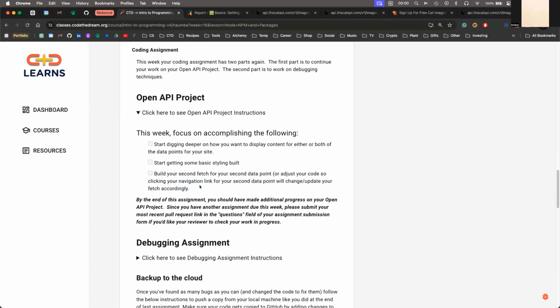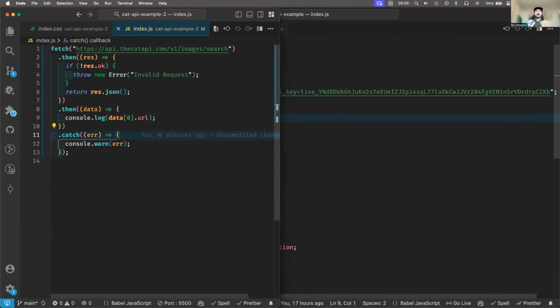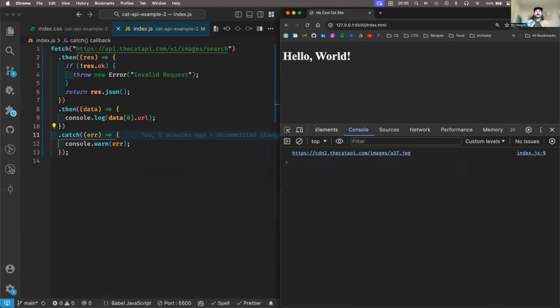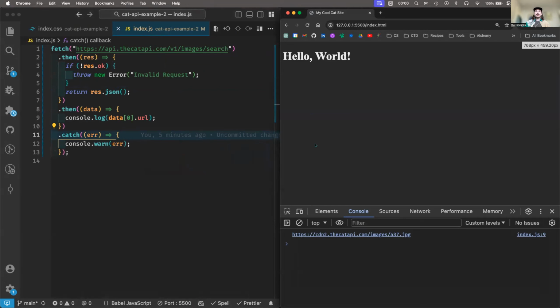Got it. Okay. Thank you. Yeah, I'm going to say for the cat API, I would get an API key. For the other APIs, you might not need one. But